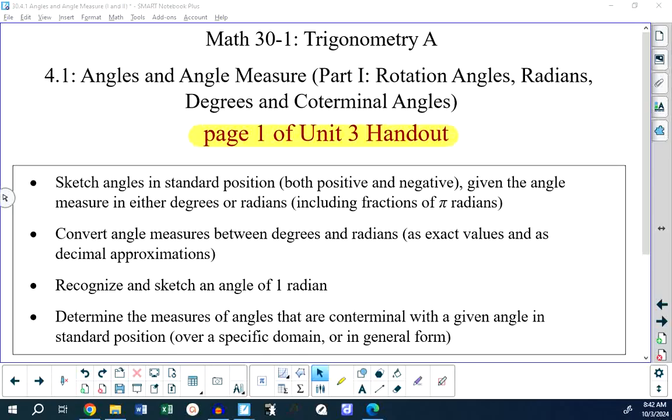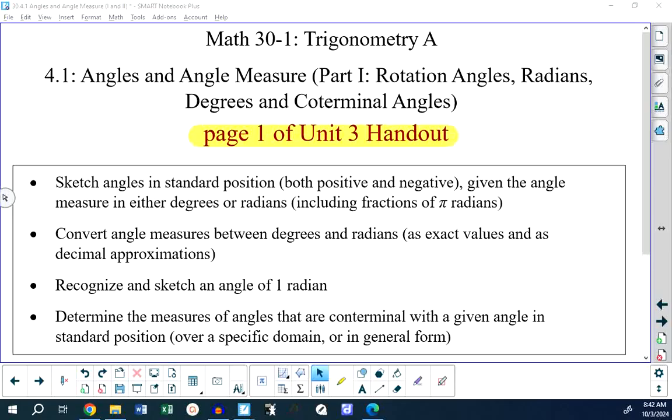The difference is we have to be able to work with rotation angles now in both degrees and radians, and although you're taught about positive and negative rotation angles in Math 20, the emphasis is on positive rotation angles, and now here we have to be able to work with both quite regularly. Once you learn what radians are all about,